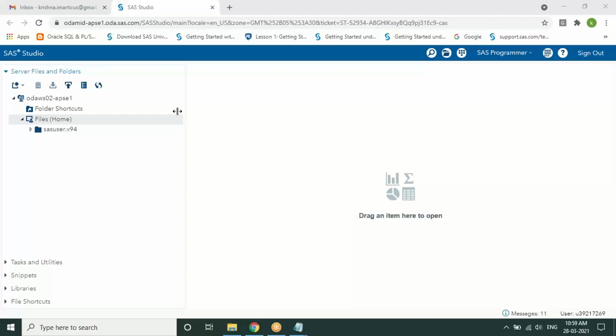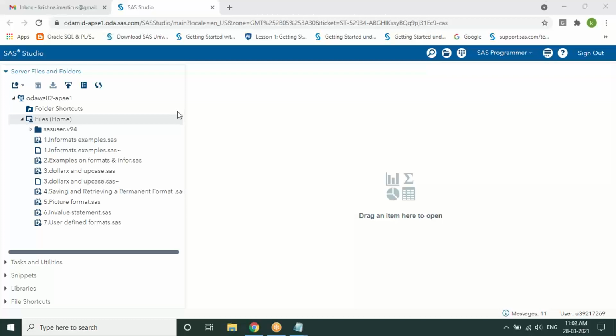Guys, I shared an email. Can you please see? In that you have the codes. All the programs, most of them, have data within them. Try to upload all the programs or the codes which I've shared with you.